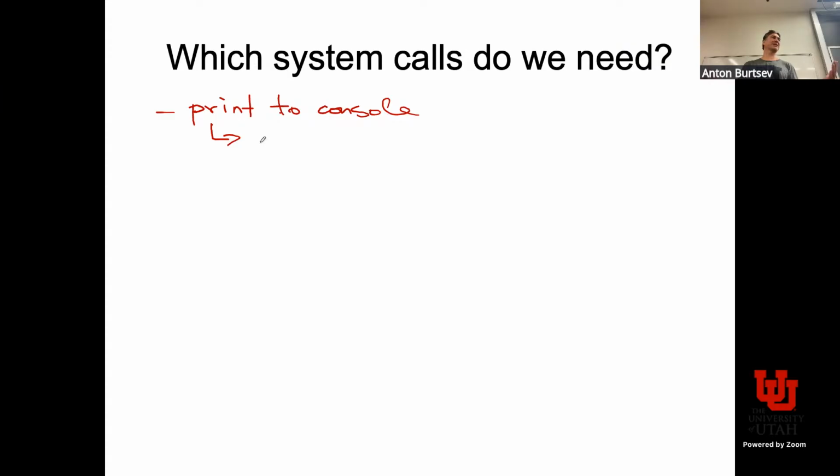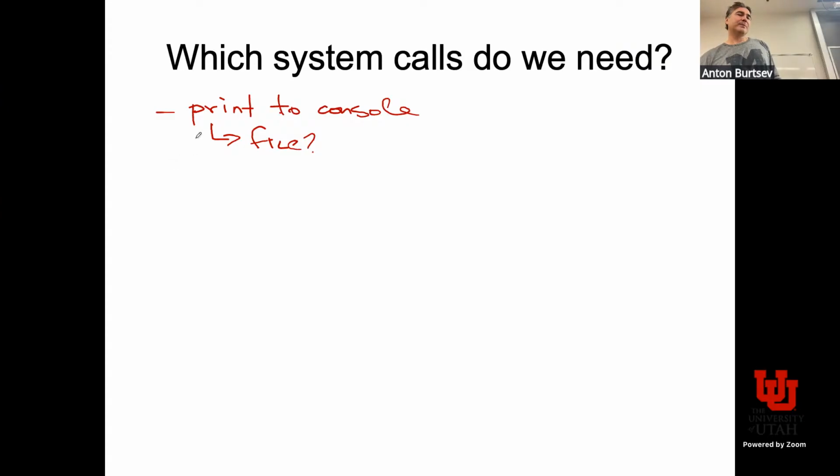You want to print not just to the console, but maybe to a file. And again, it depends. So maybe if your device doesn't even have a file system, or your software stack doesn't have a file system, maybe console is the only meaningful way. You don't need anything. But maybe you want to write something in a file, right?